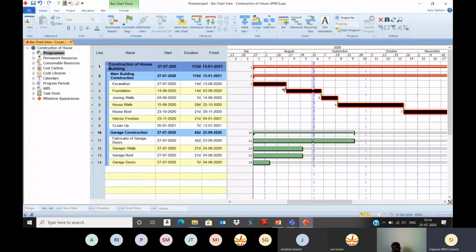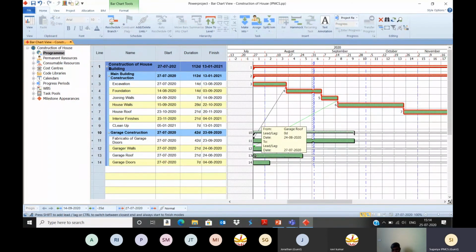So after excavation only, I'm starting this fabrication of the doors. Then after joining walls, I'm going to start this garage walls. Then after garage walls, you can start the garage roof.